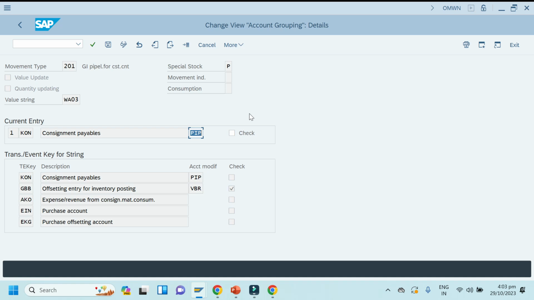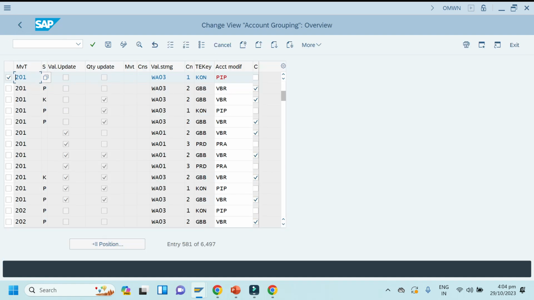It is not possible to create a new transaction key and a new valuation string here. If required, we can edit.